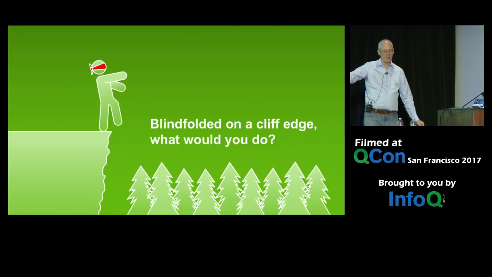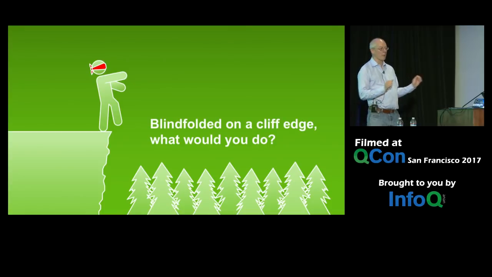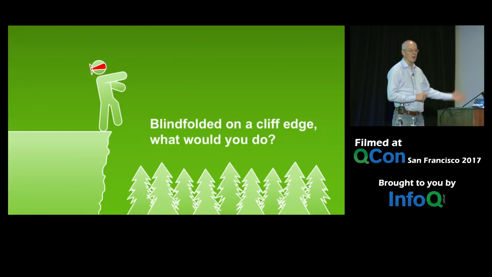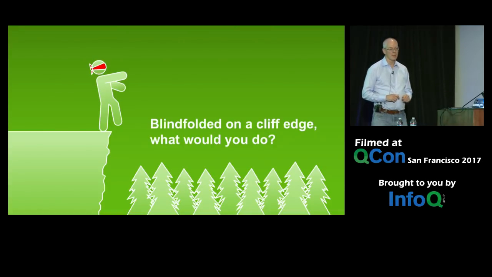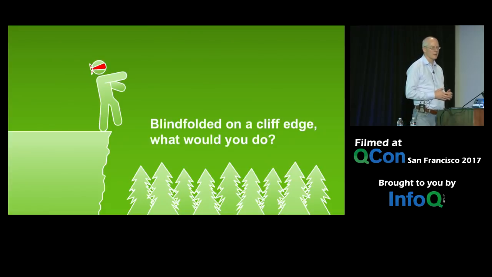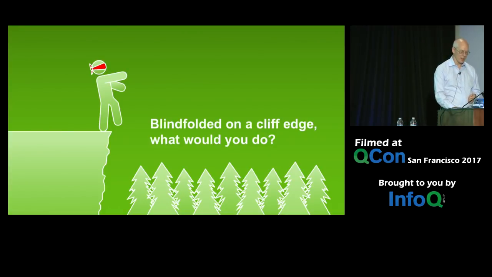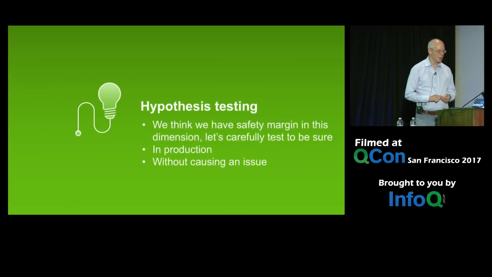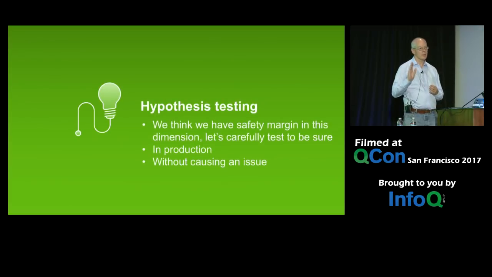I could go that way and feel my way over there and discover, okay, I have a fairly reasonable amount of margin here, right? That's what we're talking about. And then I can take a step this way, and I know that I can take a step this way, right? Because I've established I have a margin to do that. So that's the concept we're trying to get here. I was trying to come up with an analogy for it. Hopefully that works. So this is the hypothesis that we're going with. We think we have a safety margin in a certain dimension. Like, we could take 50% more traffic and we'd be fine, or this service could fail, or this thing could go wrong, and we'd still be up.